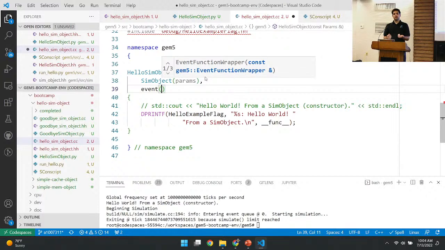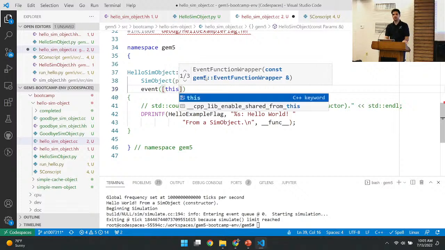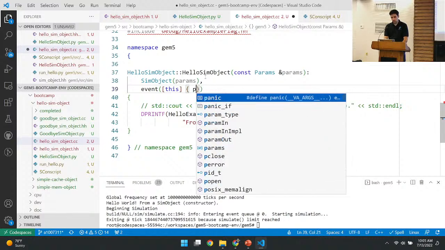The first one is a function that will be called when the event is being popped from the event queue. We can express that function through lambda expressions, and that's what we're going to do. We're going to capture this, the whole scope of the SimObject, and in that scope, we're going to call process